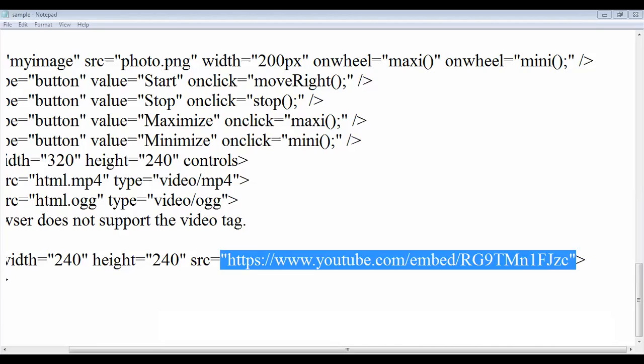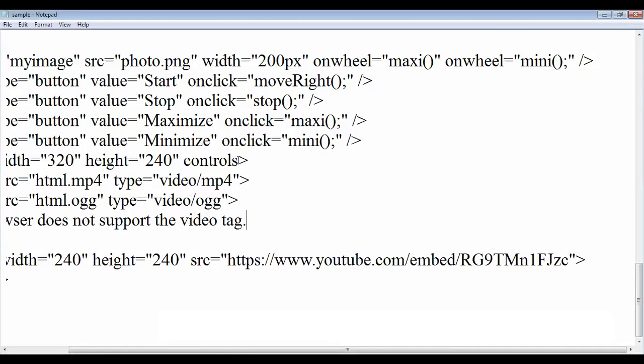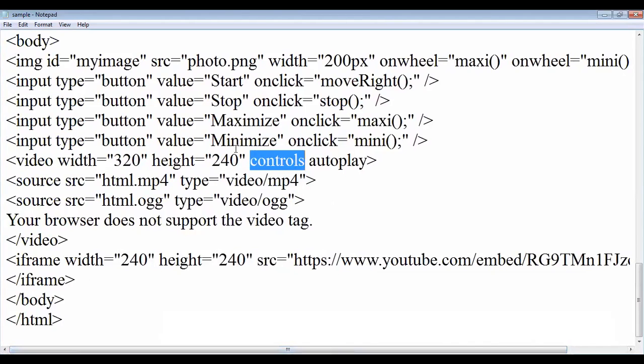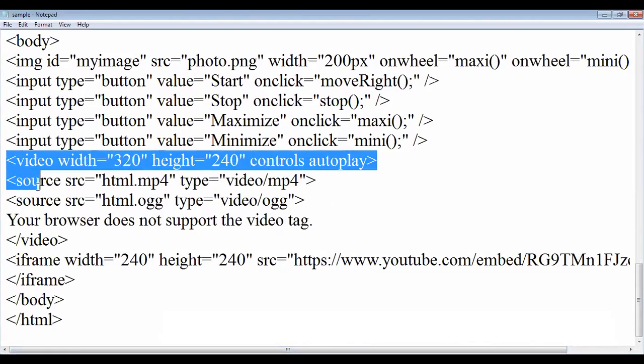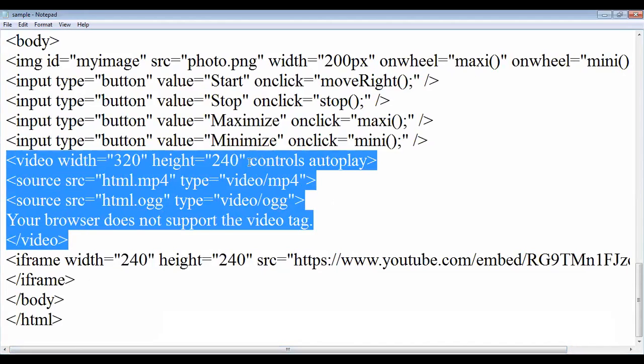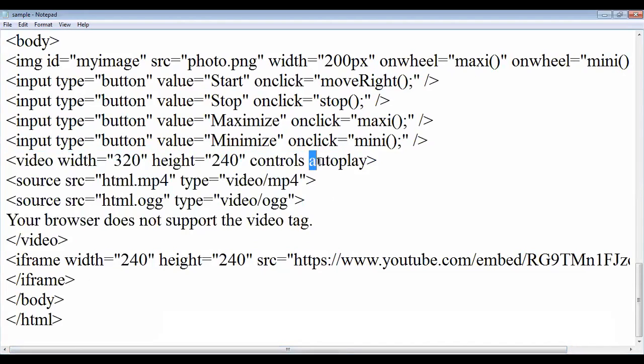Simple event code. Controls, here you have to give. Here you want to specify autoplay, just one word. Controls we already have to give for the video tag, for the local video you include into the web page. That time you have to use this video tag and specify it here. After controls, you have to include the autoplay word. Simply it will start automatically and be displayed here.